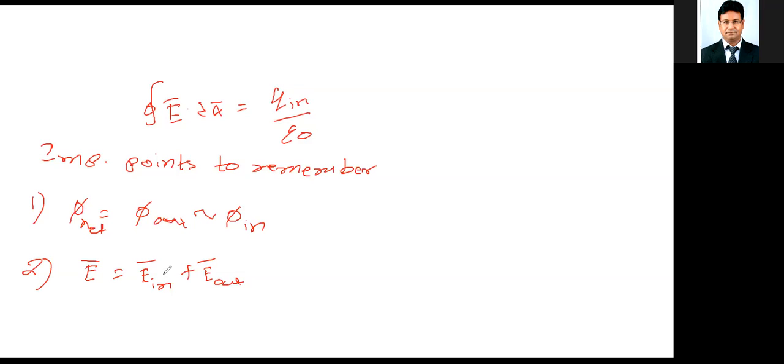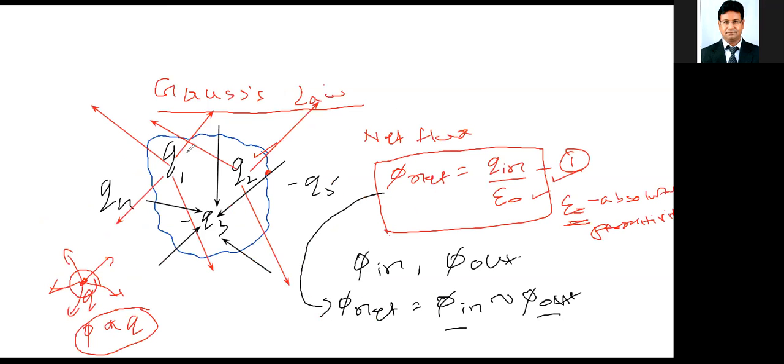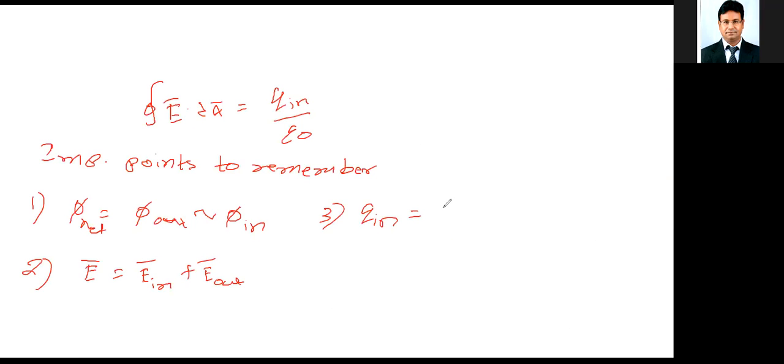Then the third important thing to be remembered is the charge on the right side of the equation. This charge Q in is the charge which is present only inside the surface. So when I take charge Q inside, as you can see from here, I am taking only the charges which are inside, Q1, Q2 and minus Q3. I am not considering the charges outside. When I take Q in on the right side of the equation, it is only because of the charges inside and not outside. Why? I will tell you that also. We'll try to understand this first. So charge inside is Q1 plus Q2 minus Q3.